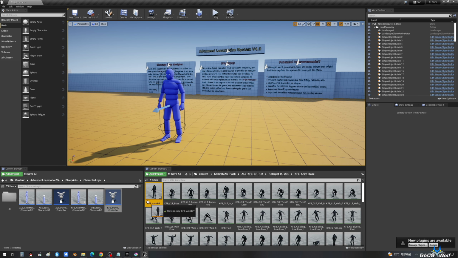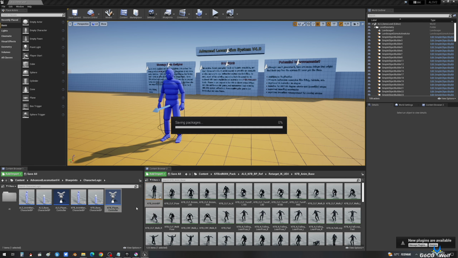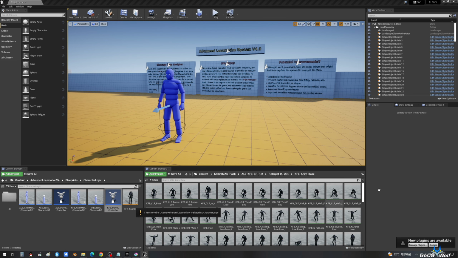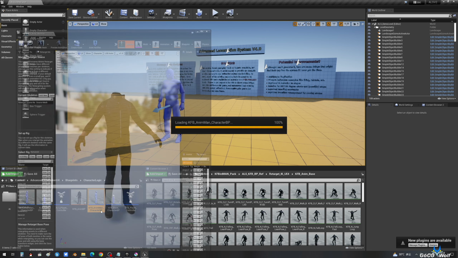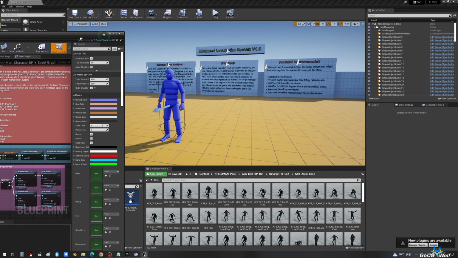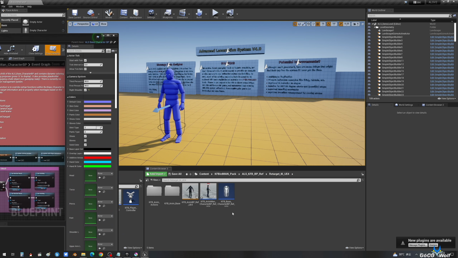Move the animation blueprint here. Now, open the ALS character blueprint. And also open the KFB character blueprint reference.